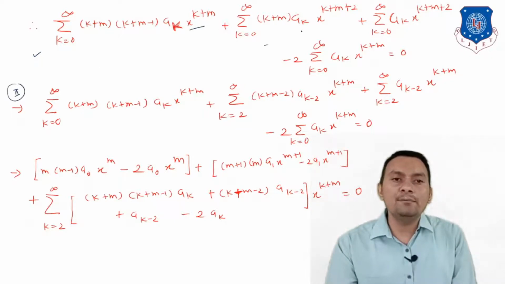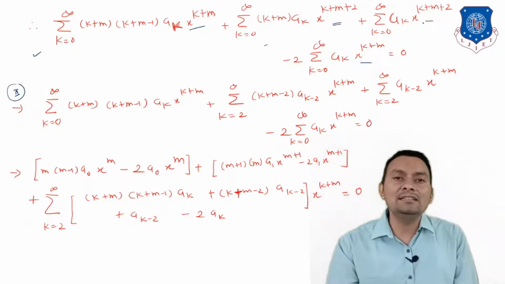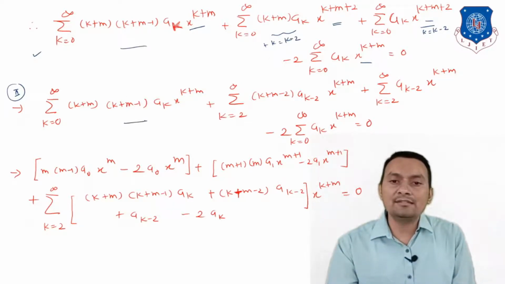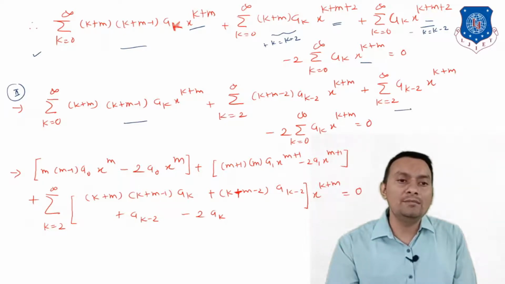So here x raised to k plus m is there, here x raised to k plus m is there. So why not we make here the same power, that is x raised to k plus m. So what I have to do, I have to replace k with k minus 2, and the same argument I have to follow, that k is replaced by k minus 2. So after writing that, this is the first same, this is second, that will be k minus 2 equal to 0. So summation starting from k equal to infinity, k plus m minus 2, k minus 2, x raised to k plus n, and here the same argument you can provide, and finally the last term is over here.